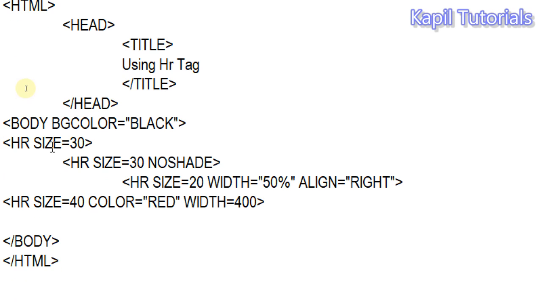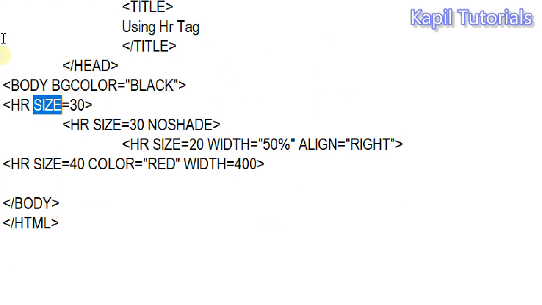Then the size attribute, I hope it is clear to you what the size is doing. The height of the line, actually, it controls. So here I've given 30, then no shade has been introduced to you. And by clicking on no shade, it makes your line gray color. Then HR size 20, okay, width has been told to you, that how much the width of the line is.